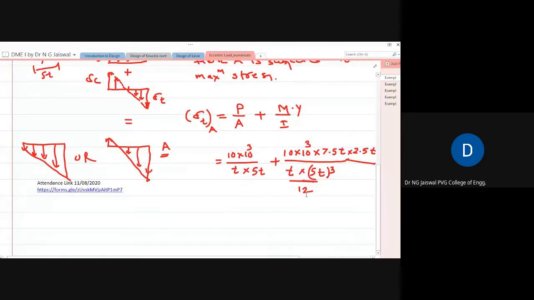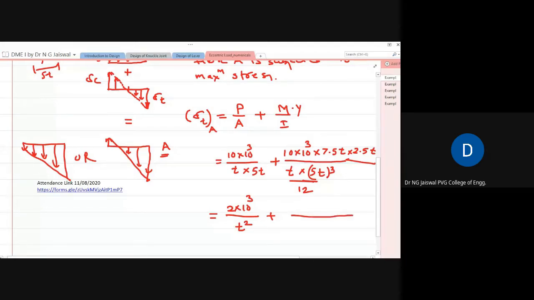Now, if you see on the right hand side, the only unknown is t. So you can now simplify it. I'll give one idea how to simplify it. Here there is a square term, t square. All numbers, 10 into 10 to the power 3 divided by 5 divided by 2, becomes 2 into 10 to the power 3, divided by t square, plus